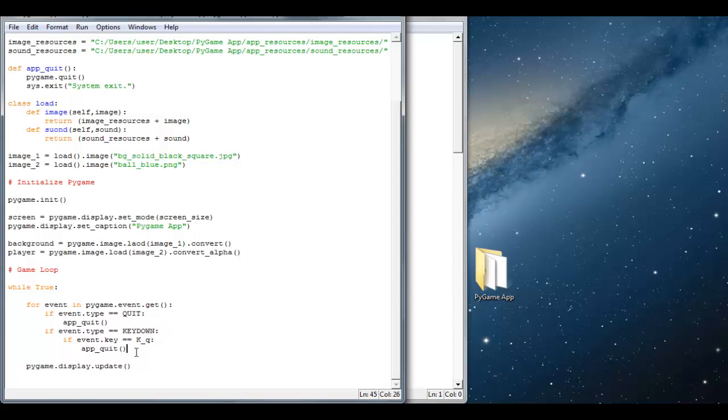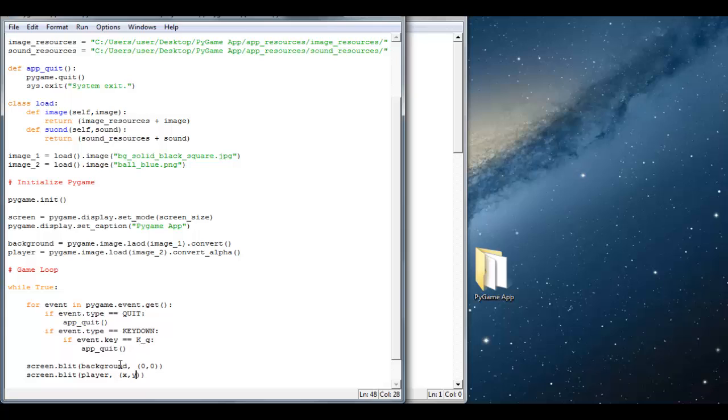So we will go ahead and draw these on our screen. Since we're not drawing anything, it will not mean anything. We do screen.blit. This is the function for drawing images, I'm so sorry, not rectangles. Blit background at position 0 and 0. Screen.blit player. Now here's the tricky part,